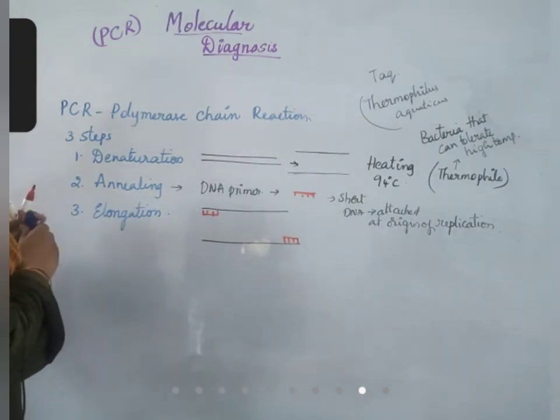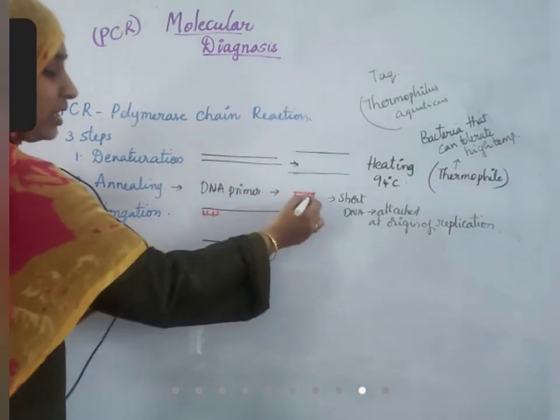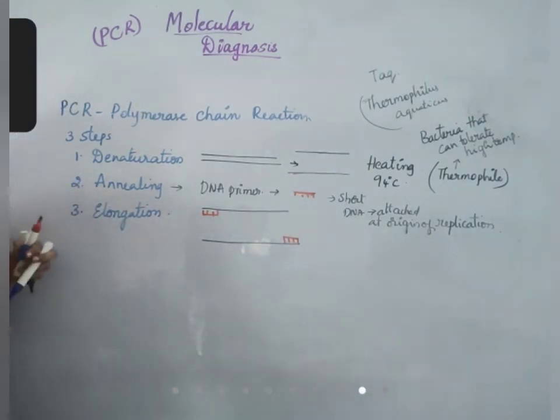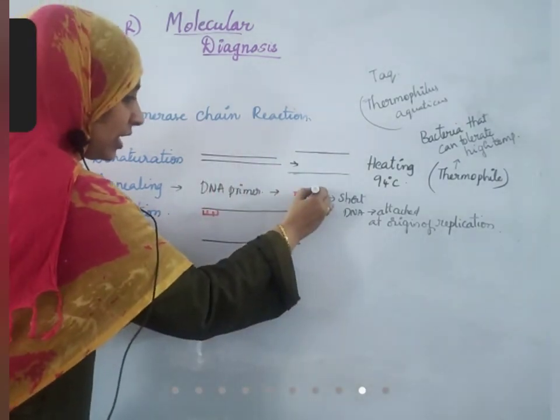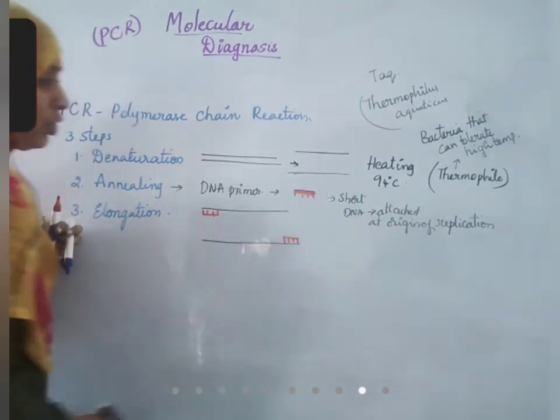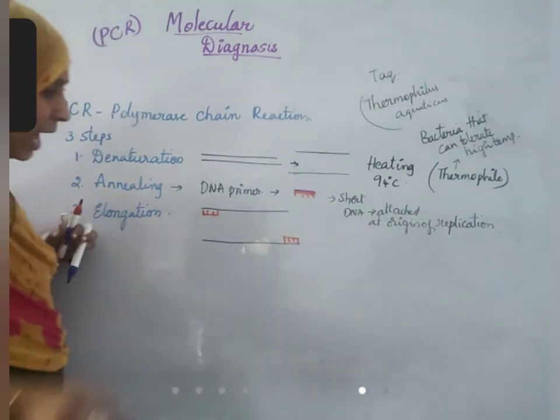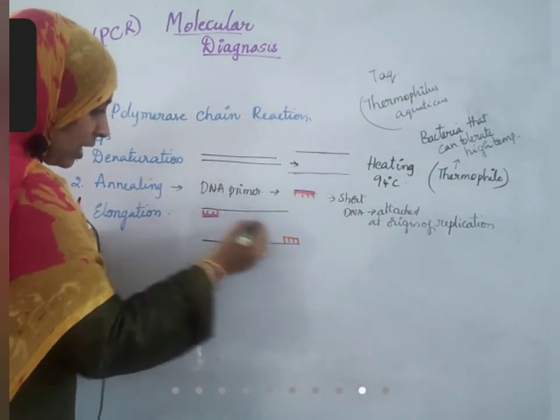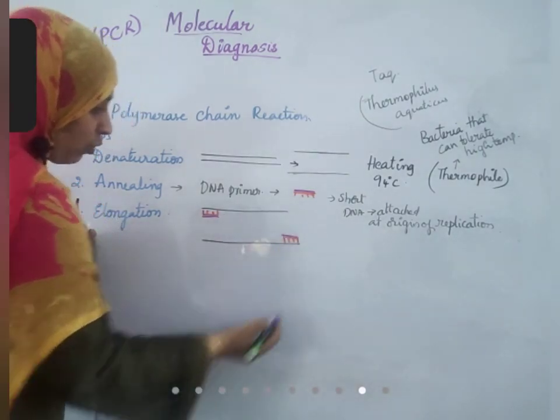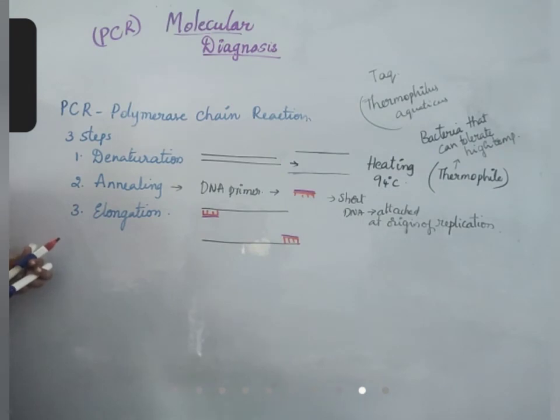Now what happens? And one thing about this primer is, it should be attached with a radioactive molecule like this. Then only you can identify. After radiography, it should be identified, no? So they have these radioactive molecules. And these primers are not added 1 or 2. So many are added. Millions of chains should be produced. So for millions of chains, this should be the starting molecule. So millions of primers are added and they are attached to a radioactive molecule.